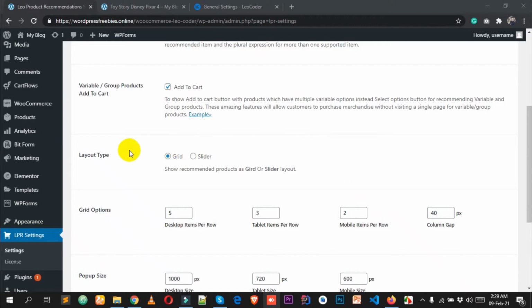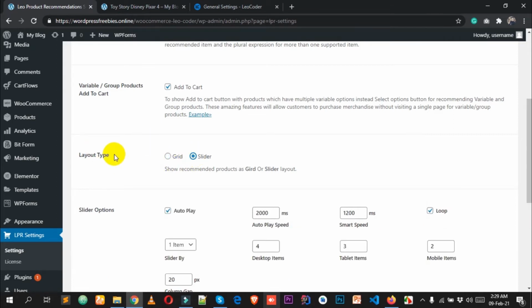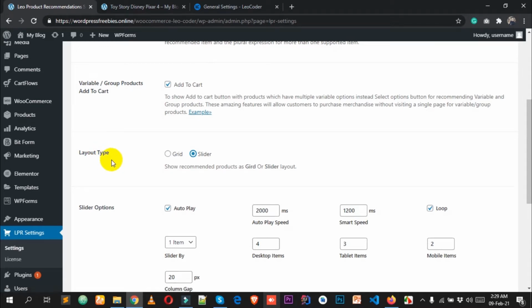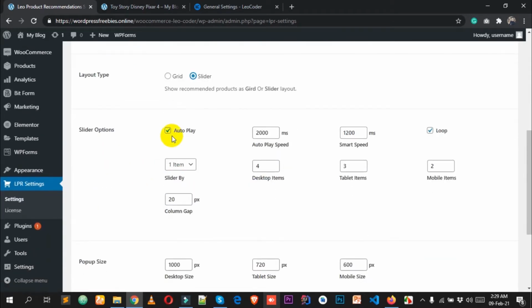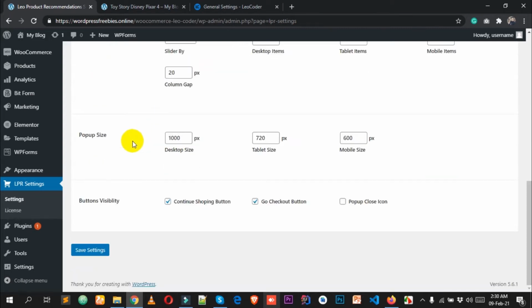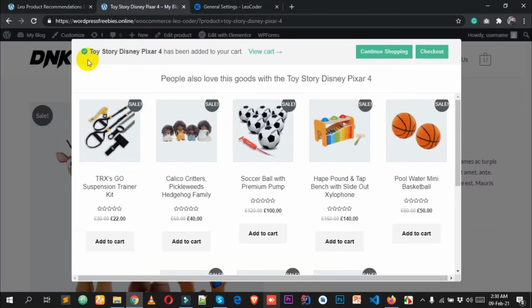By default, Leo product recommendation comes with layout type grid, which looks like this. But if you want to make this layout like a slider, then simply select this slider from the Leo product recommendation settings layout type. From here you'll get all the options related to the slider. But before making any changes to our slider options, simply save settings and go to the front end,